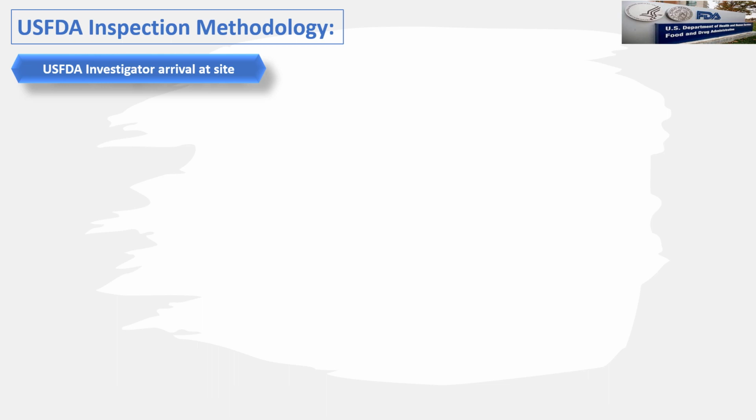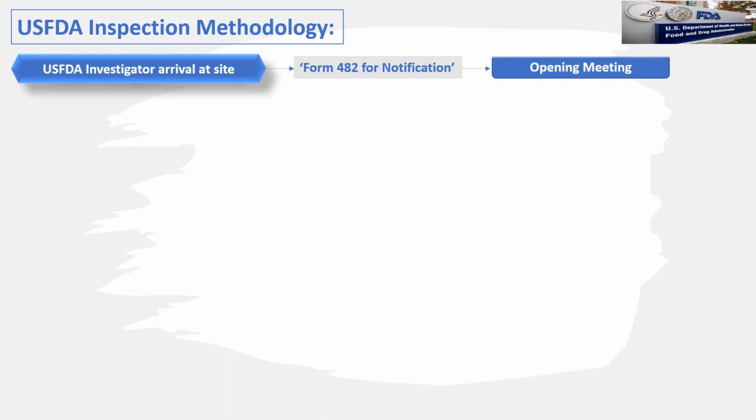We'll just have a quick overview of the inspection methodology. When the USFDA investigator arrives at site, they hand over a Form 482, which is the form for notification, along with their credentials. This is an official form which serves as the notification of the inspection and is handed over to the site management. After that, there's an opening meeting in which the USFDA investigators brief about the inspection details,